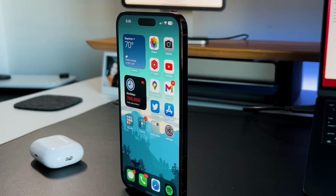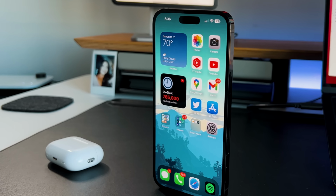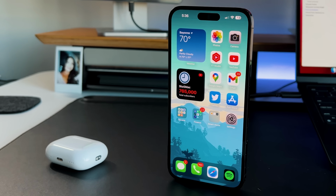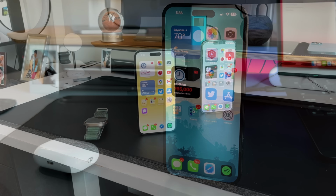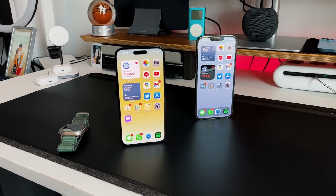So the first thing I want to do in talking about the current state of the iPhone 14 Pro and Pro Max is compare it to previous years, going back maybe even 2-3 years to those iPhones, and see how it stacks up, at least from a spec and a usability standpoint overall, to see if it's really worth it. So in my opinion, if you have an iPhone 12 Pro or 13 Pro, so those